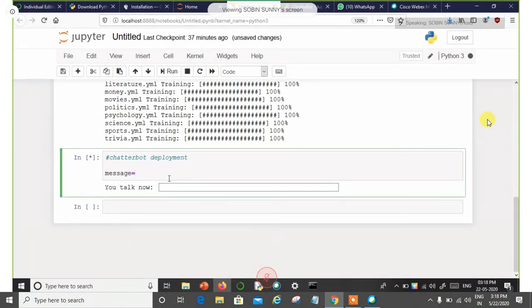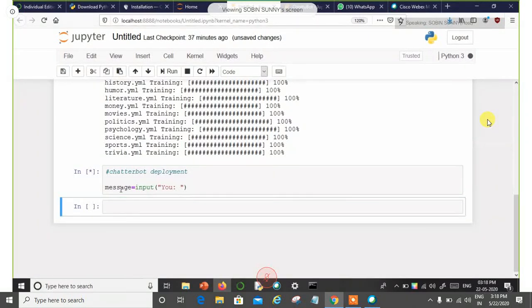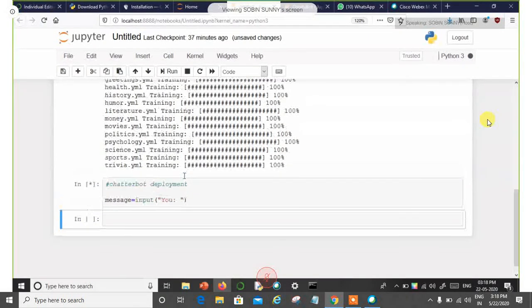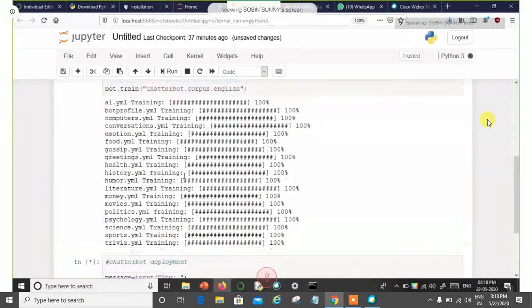I shall store that message in a variable called message. Message equal to input. Seems like my kernel has stopped working.